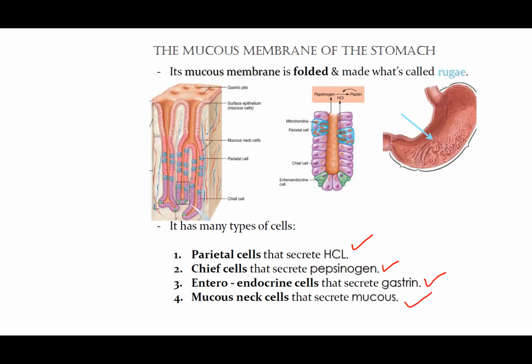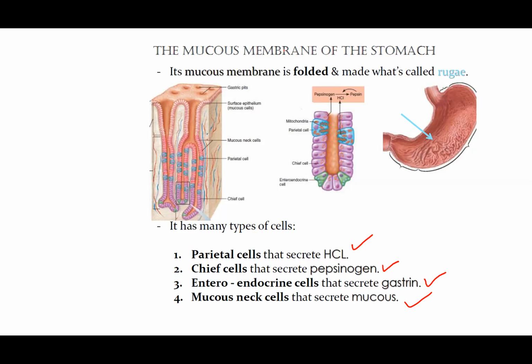So these are the main cells of the mucosa of the stomach: parietal cells, HCl, chief cells, pepsinogen, enterochromaffin cells that secrete gastrin, then mucous neck cells that